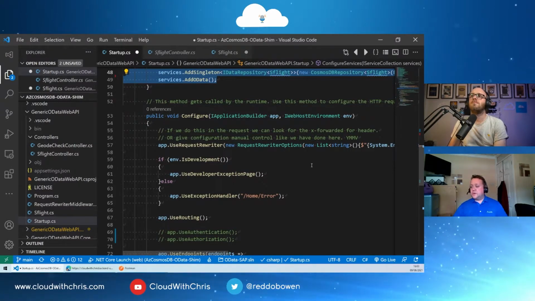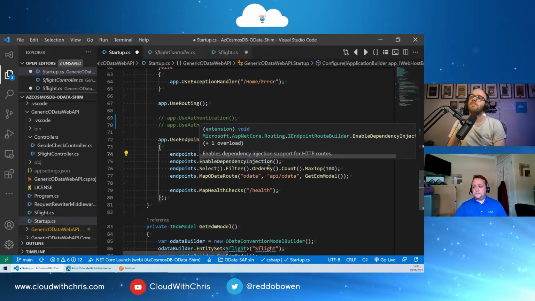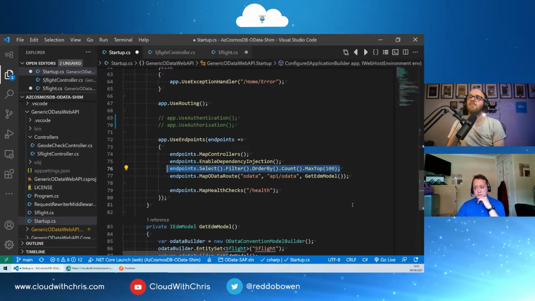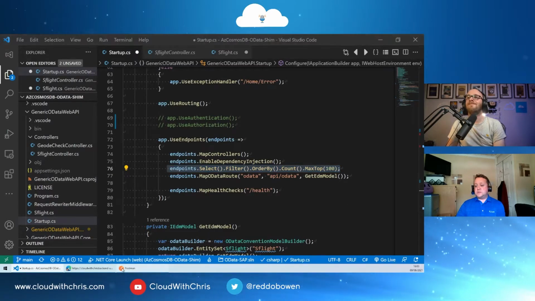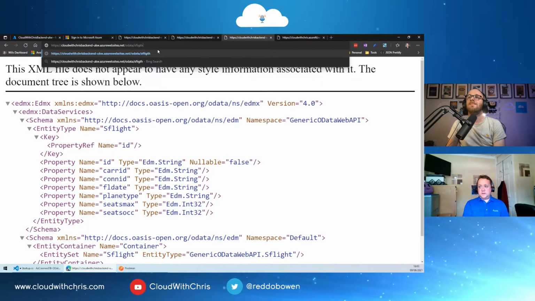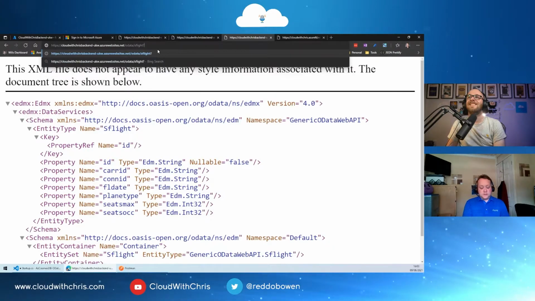The add OData piece. So moving on from the OData part, we're doing a little bit of work down here in the web API layer. So you can see we're turning on some defaults in terms of what we want to enable. So the filter parameter. So I should, in theory, be able to come back to here and say OData S-Flight dollar filter equals